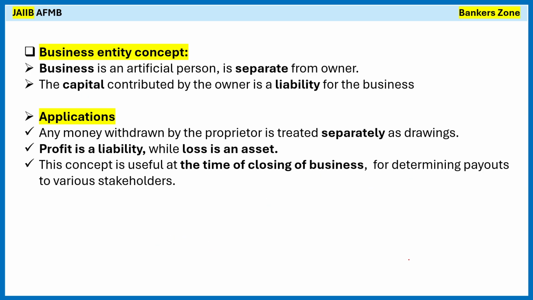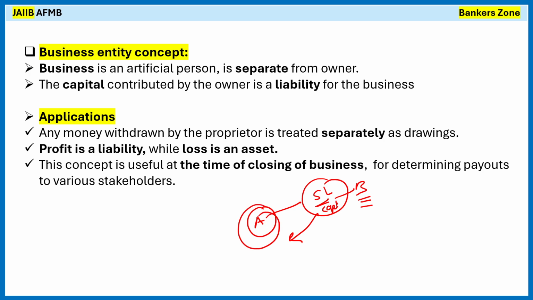Always remember. In the same way, if person A has started a business, initially he has invested 5 lakh rupees to start it, right? That 5 lakh rupees which he has invested is the capital for his business. When the business runs profitably, that 5 lakh must be given back to the person who has invested, that is called capital. So always remember, capital is always a liability. Capital is a liability, from the business point of view.